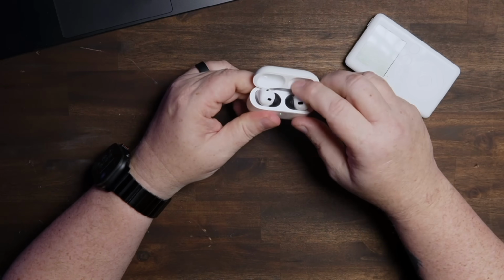You can play music from your iPod. You can play from Apple Music, from YouTube Music, I believe from Spotify. Unfortunately, not from Roon or Tidal. Apple Music is really what Apple intends for you to do this with. So you can play music from this thing, and all you have to do in order to make it work is take your AirPods out, stick them in your ears like thus,